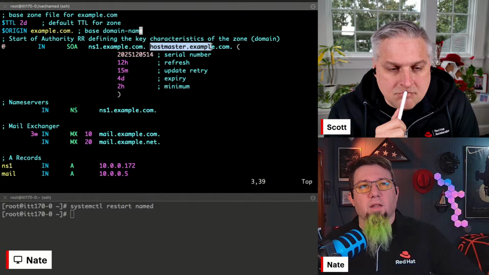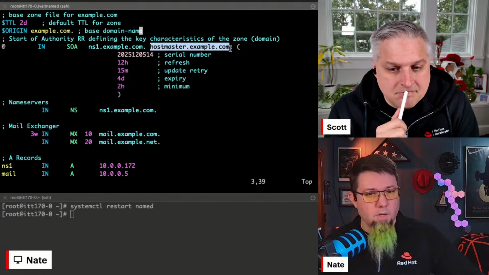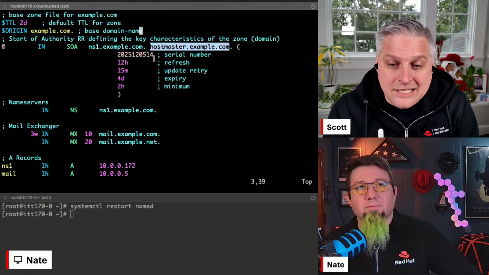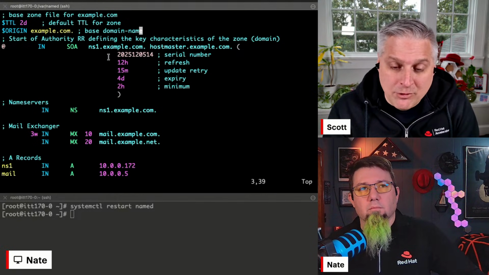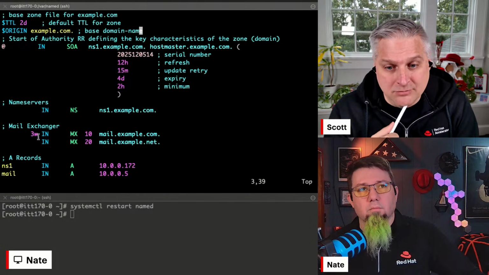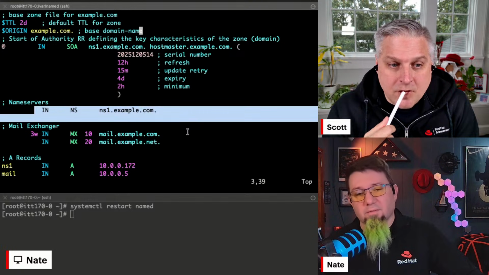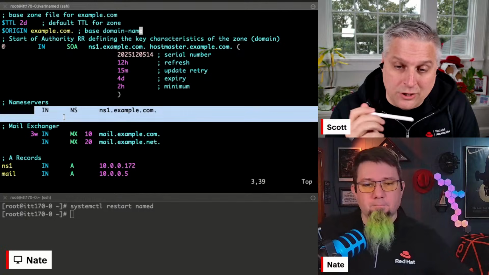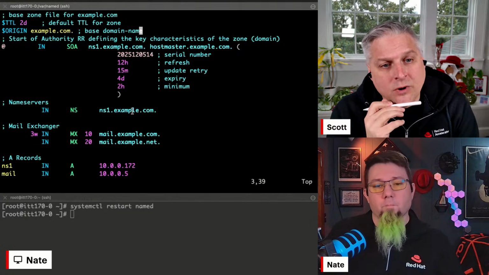This hostmaster.example.com, I believe that's meant to be how you contact the hostmaster for this DNS record. No? Okay, go ahead, Scott. That is the secondary DNS server for this domain. All domains are required to have a primary name server and a secondary name server. Well, that would normally be defined down here with the NS records, those are the name server records, but actually in the start of authority record, you also identify the primary. Oh, you're right.